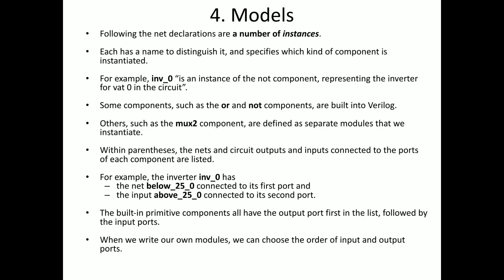You will not be using that keyword. When you are calling another Verilog module by its name in your program, it is called module instantiation. You have seen two types of instantiation: one is gate instantiation and the other is module instantiation. And for different instances, you saw signal instances like below 25.0, above 25.0. These are the intermediate signal instances.